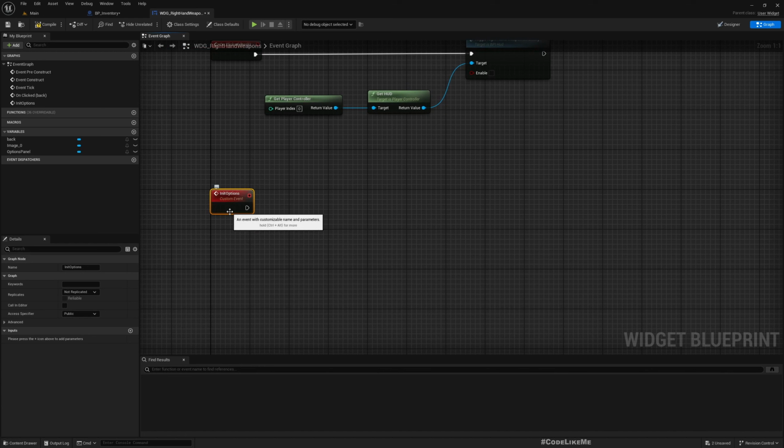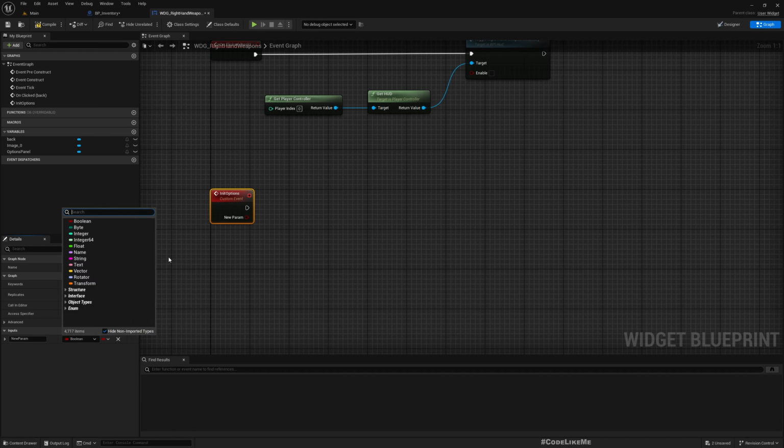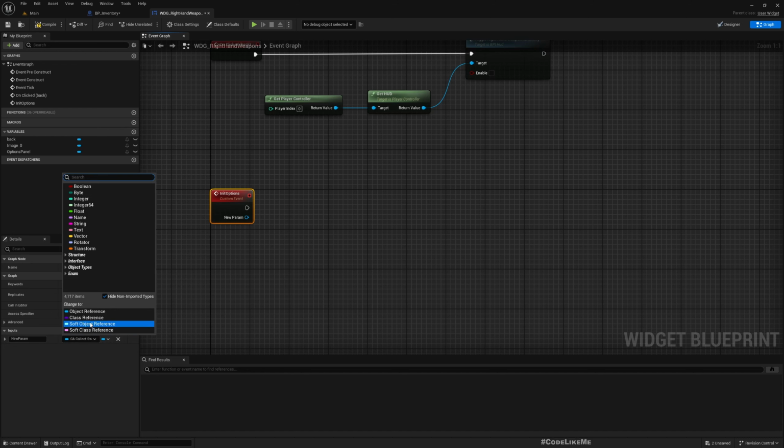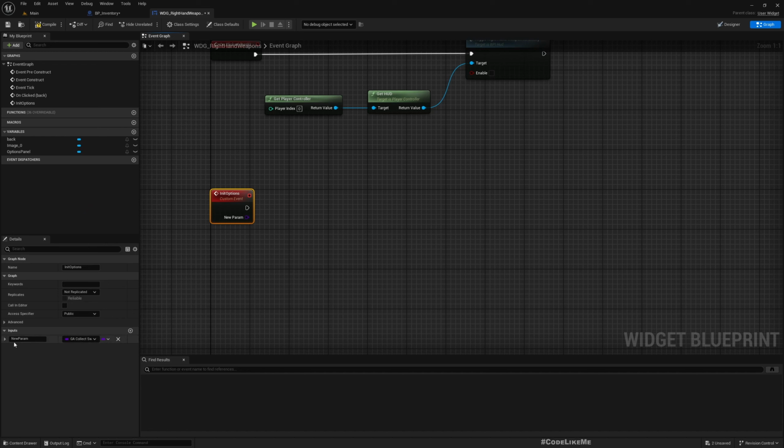So as I said, I want to show all available weapons. For now let's add the input from the type GA collect sword. The reason is, and I'll change this to a class reference,